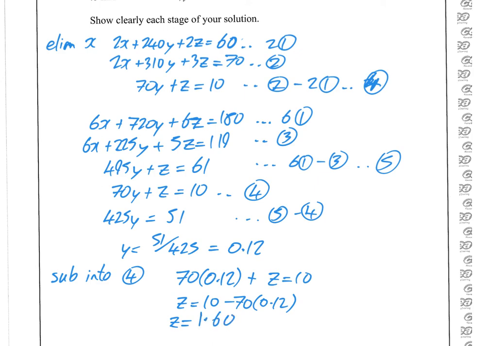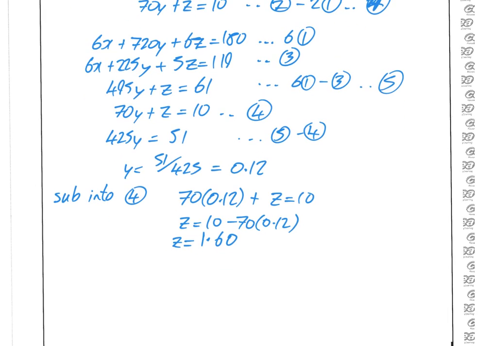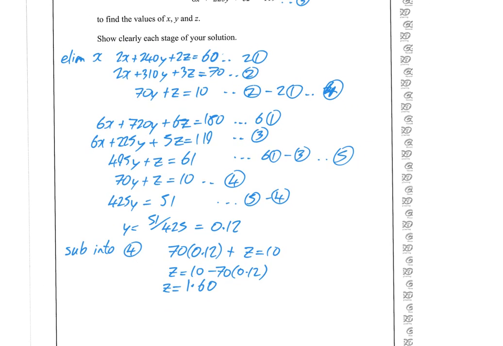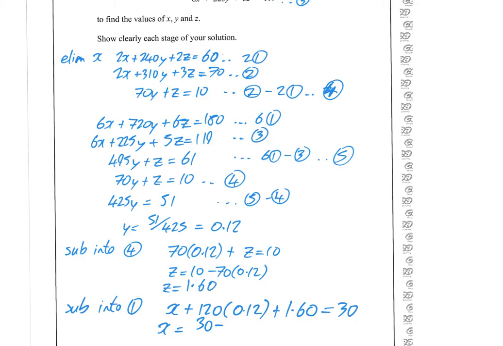1.6. Because it's money I'm talking about, I'm going to put a second decimal place in here, not that it matters until the answer line. So you've got all of that so far. What we're going to do then is put both of those back into equation 1. So sub that into equation 1 and you will have x plus 120 lots of 0.12 plus 1.60 is equal to 30. And then that's going to give you x is equal to 30 minus the 1.60 minus the 120